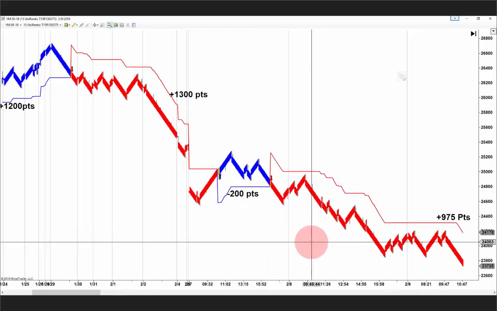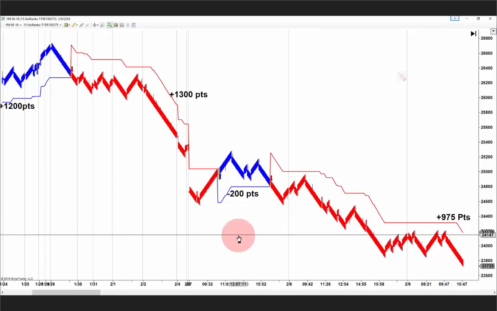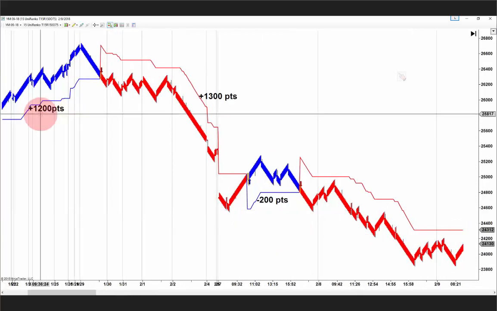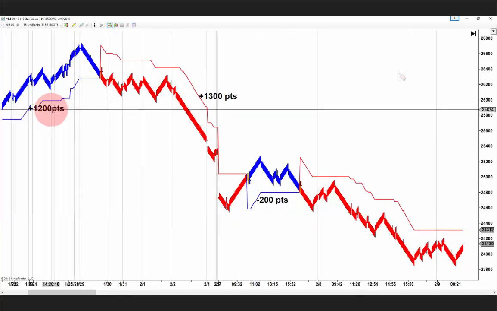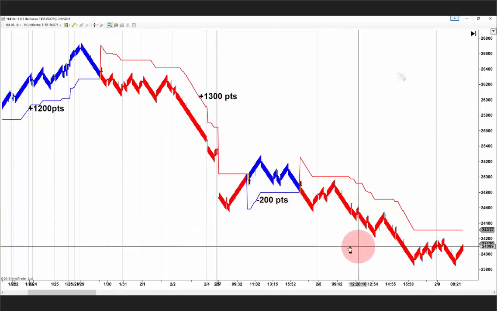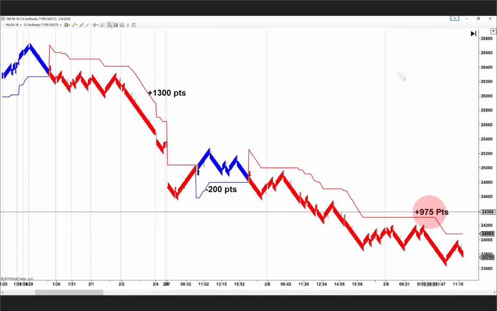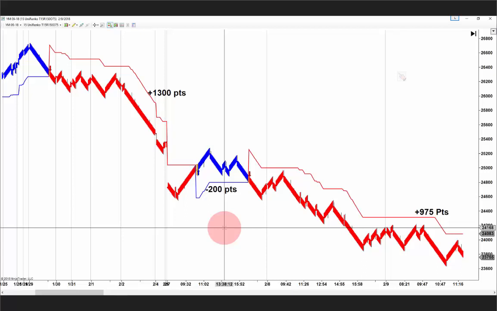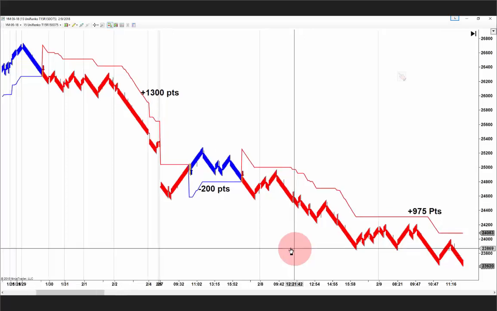But I think you'll see by the end, this system, fully automated, was able to pull out some pretty significant profits. Also, by the way, I'm rounding. So all of these numbers are right within 25 ticks or so, 25 points, okay? Just kind of rounded to the nearest 25 ticks, or points, excuse me. Ticks, points is the same thing in this case. So as we move forward here,